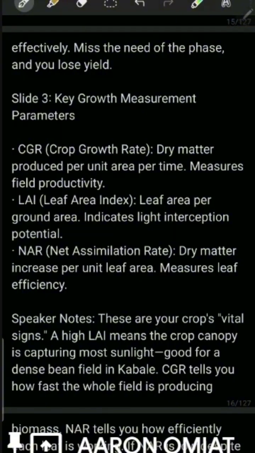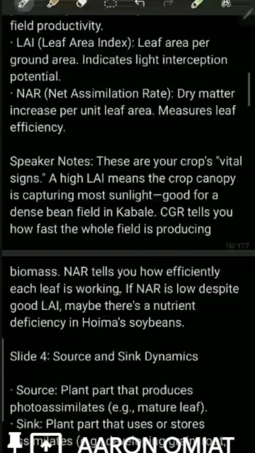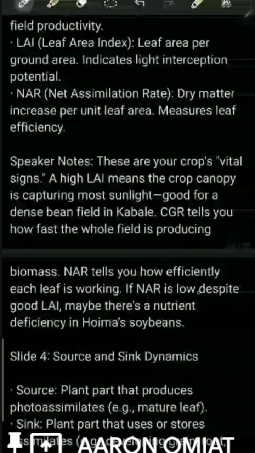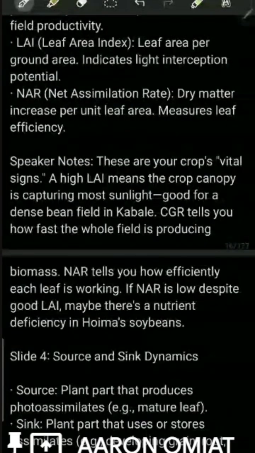So these are your crop's vital signs. A high LAI means the crop canopy is capturing most sunlight, good for a dense bean field in Kabale. CGR tells you how fast the whole field is producing biomass. NAR tells you how efficiently each leaf is working. If NAR is low despite good LAI, maybe there is a nutrient deficiency in the